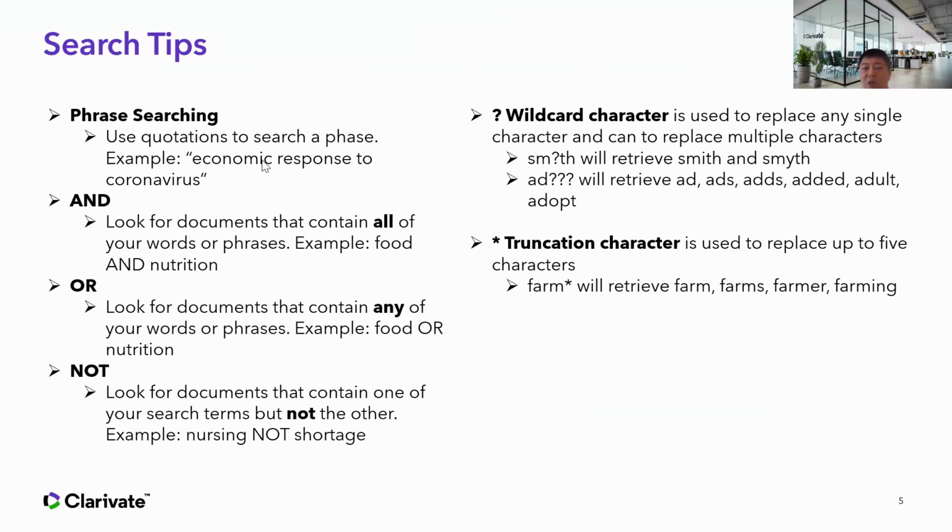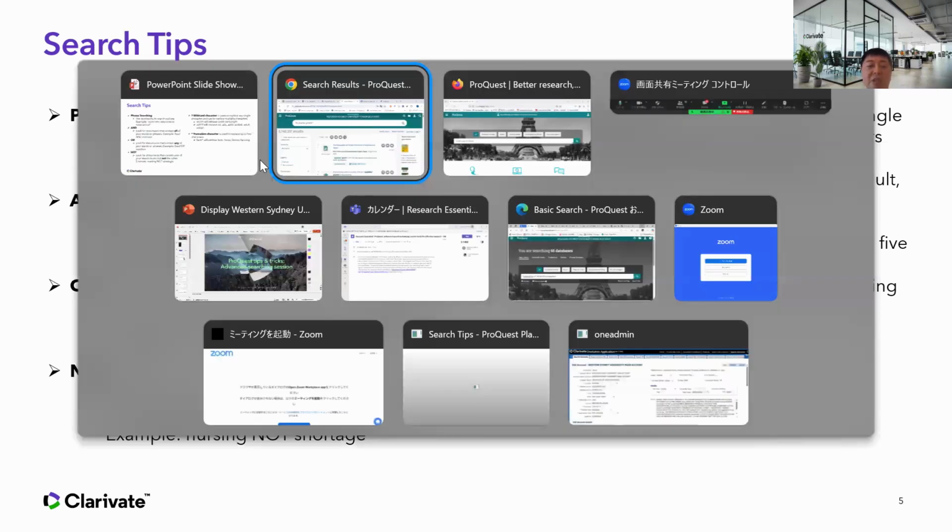So normally with many library databases, you can put in the AND operator to create especially a sophisticated search strategy. But if it's a simple search like I've just done, you don't need to put it, right? You just recognize it as an AND search. Simple space kind of represents AND. And OR is A or B, food or nutrition. It gets both. NOT is you want to exclude certain contents with a certain keyword.